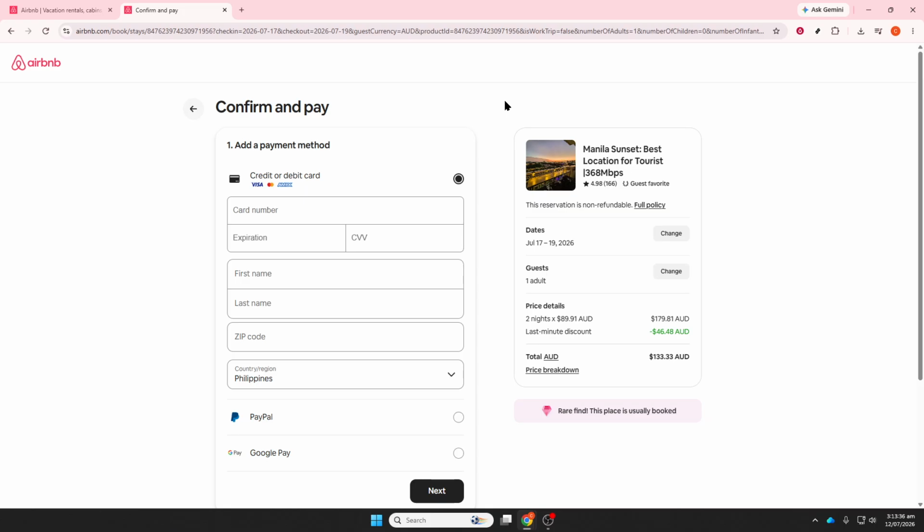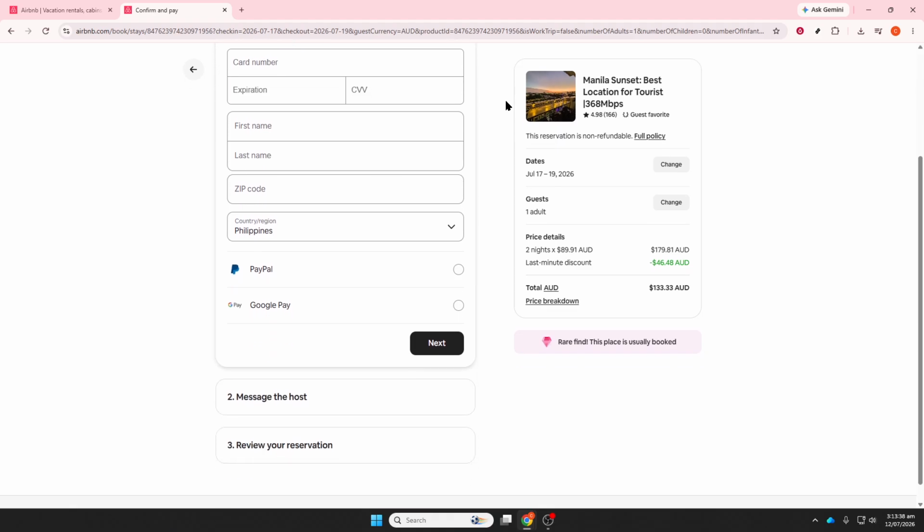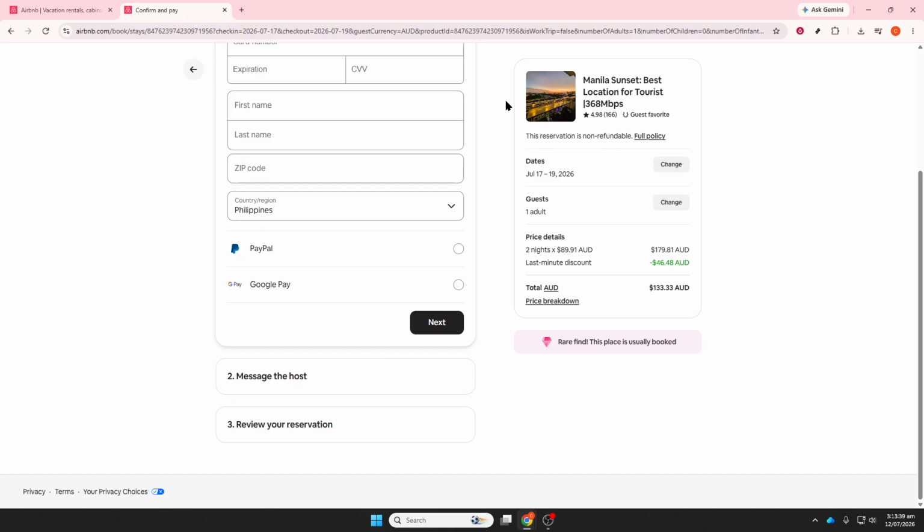Whenever you need to check things again later, simply return to the trips page. From there, you may also be able to manage, modify, or cancel the reservation, depending on whether